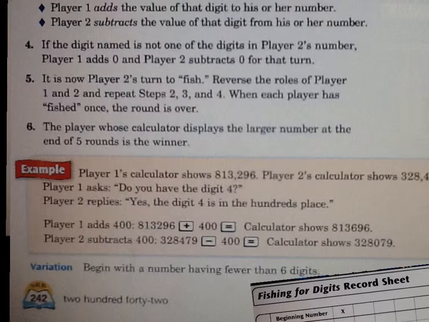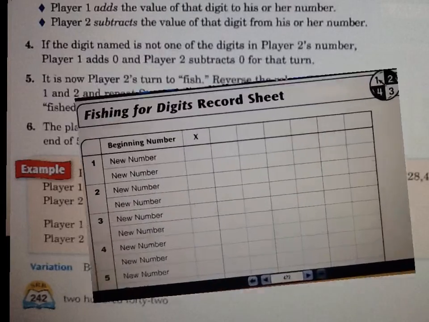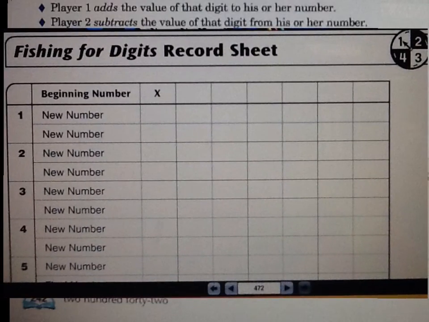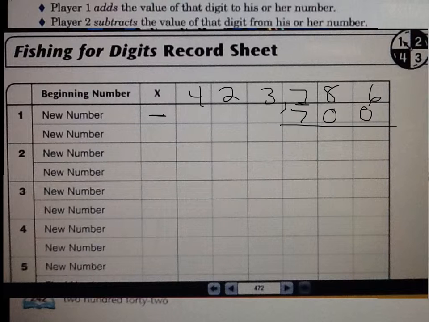You may just do this on your calculator. If you would like to have it written out, you'll get a sheet that looks like this. You would then write in your number. And if somebody guessed your number, you would then need to subtract. So let's say player 1 guessed that it was a 7, so I'm going to subtract 700. And then this is my new number is going to be